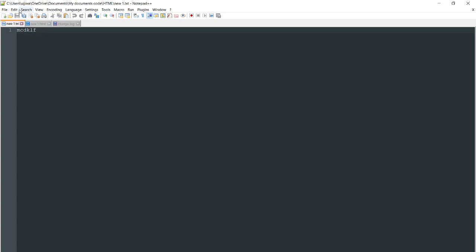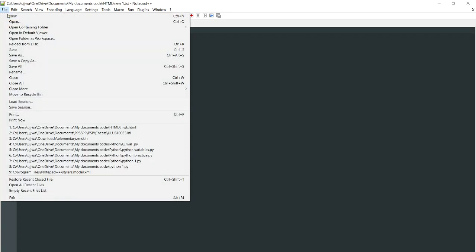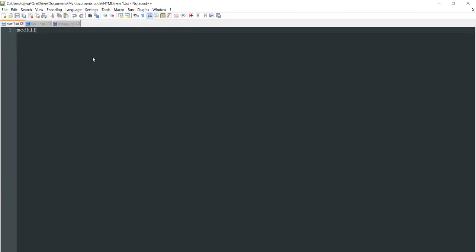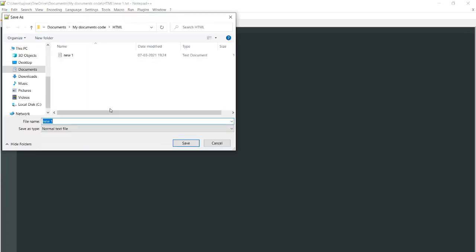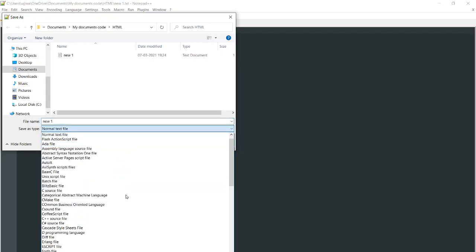So if I have to convert it to HTML5, then you have to write new one dot html. If you don't write dot html, then your file will